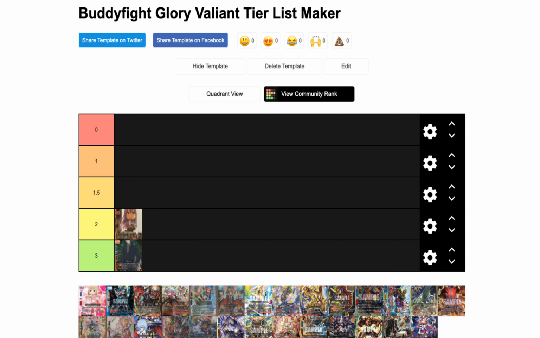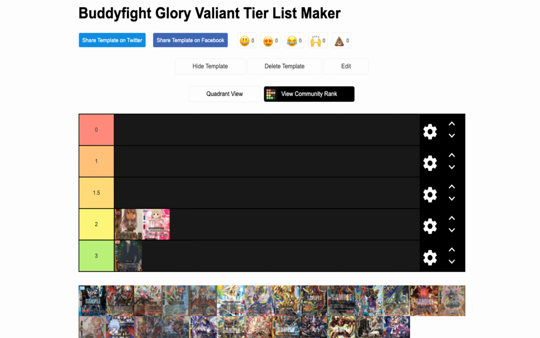Right, Roselia in tier 2. The reason this is here is because it doesn't do anything special. However, it is incredibly brainless, super autopilot. So whilst that does make it very linear, it also is very consistent. So it's basically going to be doing exactly what you want it to do almost every time. Same with IMAS, really brain dead. Actually, I'd put Rosario in 1.5